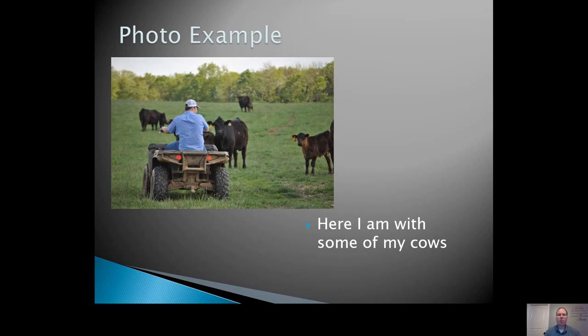They could talk about how they're checking for new calves and putting ear tags in when they're born, or whatever it is that they're doing. So you could use this picture and have a really good, yep, get the point kind of deal. Or if you just put this picture in and say, "Here I am with some of my cows," you sort